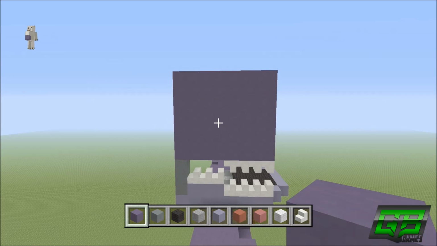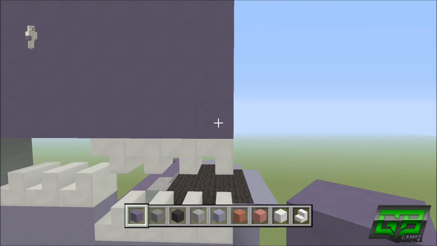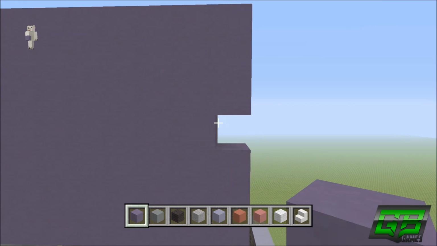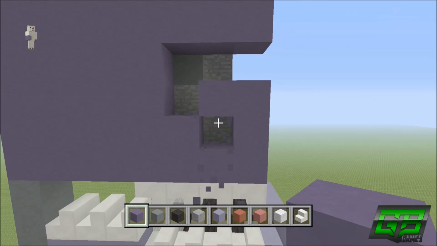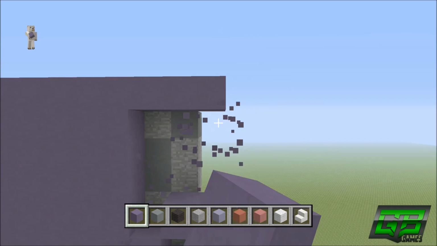And now is where things get slightly more complicated. We're going to start punching out some details. So we're going to go to the bottom right corner of the blue stained clay here, and we're going to go up 1, 2, 3. On the 4th block, we're going to punch one out. So this one. We then go to the left twice. From there, we go down 1 and down diagonal to the right. On top of this, we then punch out the next row of 3, the next row of 3, and also